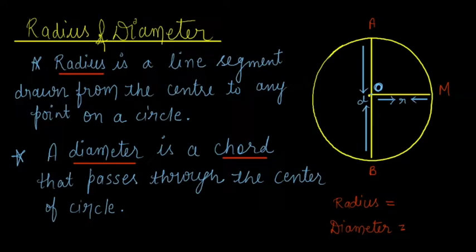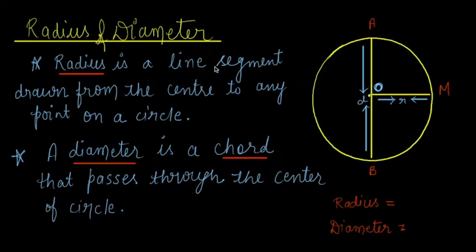Next slide is radius and diameter of the circle. You see from the figure here, I have drawn a figure on the right hand side. This is the center O, which we have already discussed in the last slide, and this is the radius, and this complete line which passes through the center of the circle is defined as the diameter.